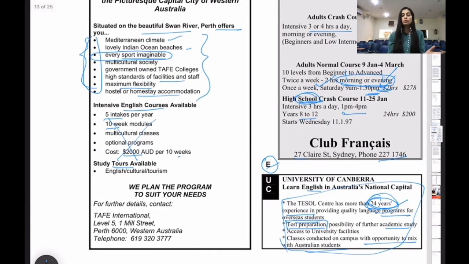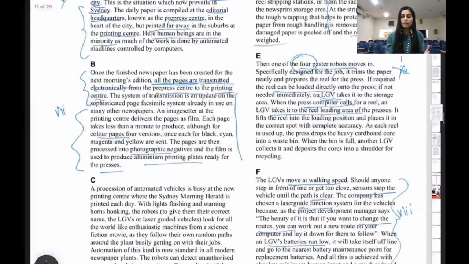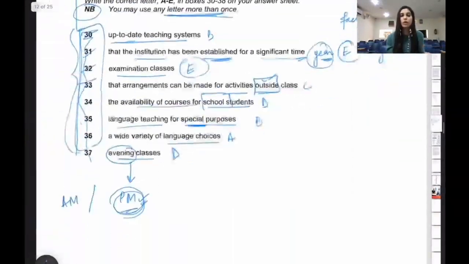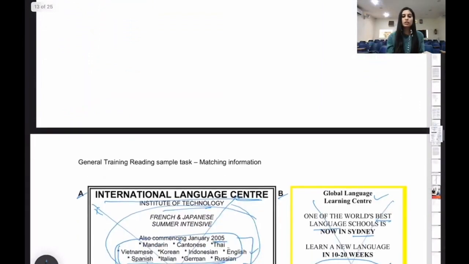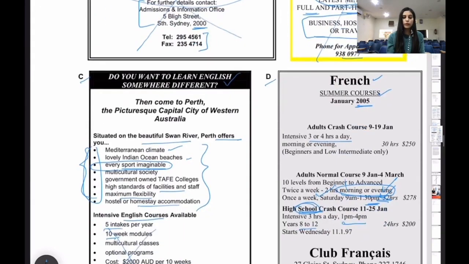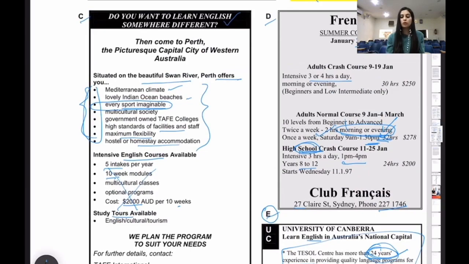So all you have to do in this kind of question is be attentive. You need to just look for the words. You just have to spot the words and or their synonyms, and it's very easy because here you don't have to read a lot. Imagine a passage like this. In this kind of a passage, you have to read each and every line and then match the features. But here, when it comes to matching information, you just have to go through the bullet points. These are in pointer format, short sentences. You don't have to spend a lot of time.